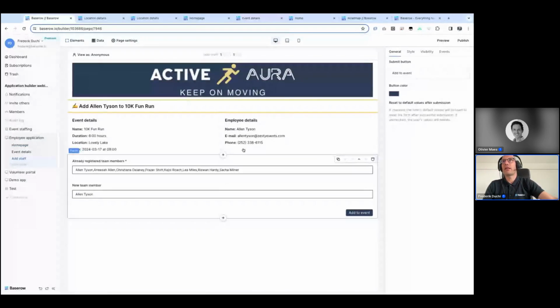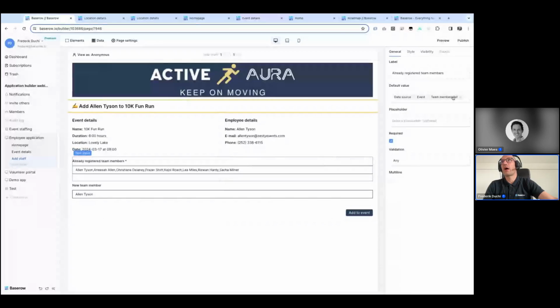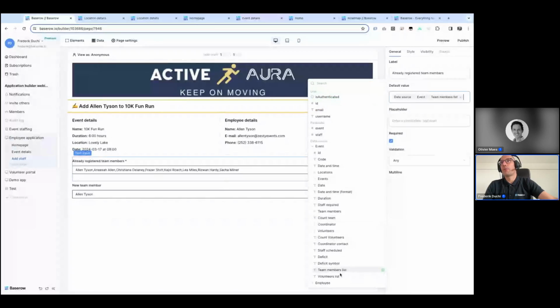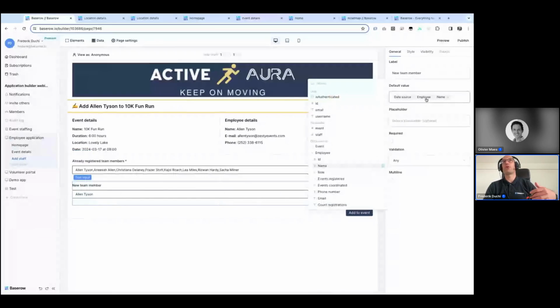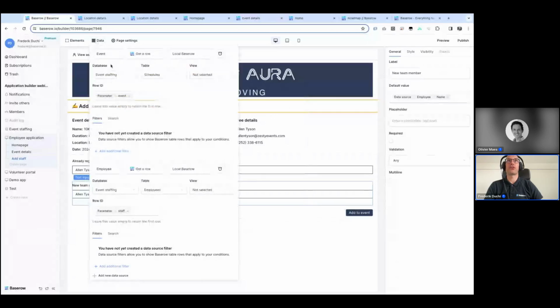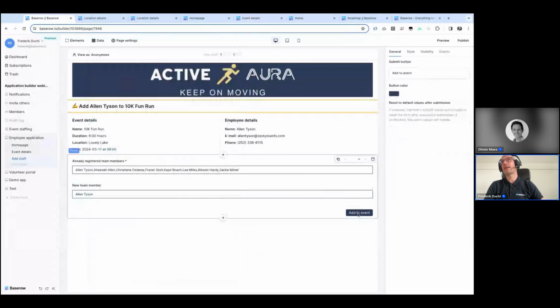What I have here is all my team members' names in a list. So actually with the formula, I put them all listed after each other, just like I would do here with team members all value. And then I have my new team member, and my new team member, well, it's the name of the employee element that's here in my data source. So in my data source, I get the event and I get the employee. If I add it to the event,